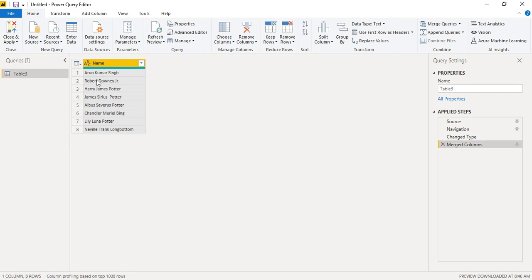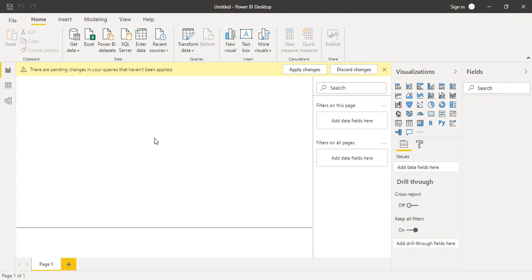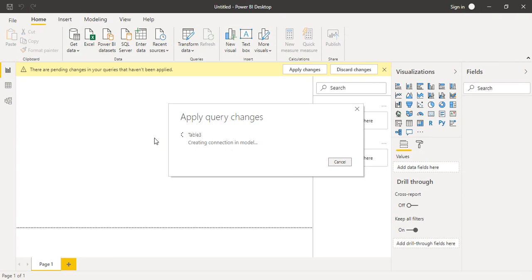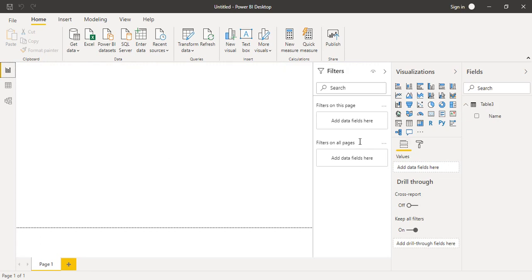And now after you have made some changes into your data and merged the columns, you can see in this applied steps option that this merged columns step is now present, which means that yes, you have applied this step over your columns. Then you can click on this option, close and apply. Now what will it do? It will close your Power Query Editor and apply those changes onto your table. Now when the table is loaded into your Power BI Desktop app, this table would be merged into a single column instead of 3 separate columns. So that's exactly what we wanted, right?